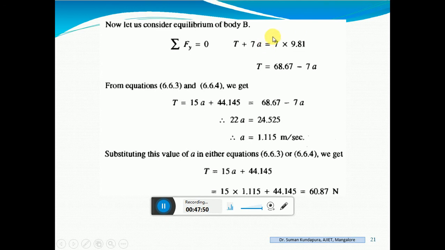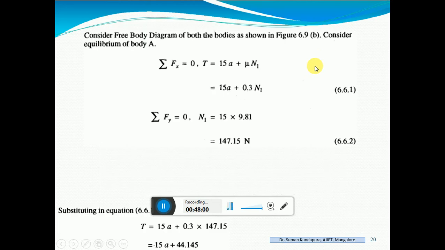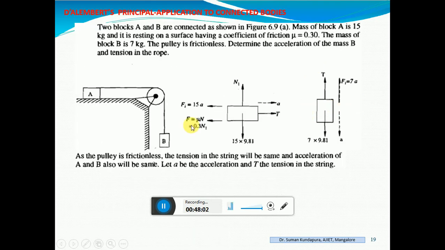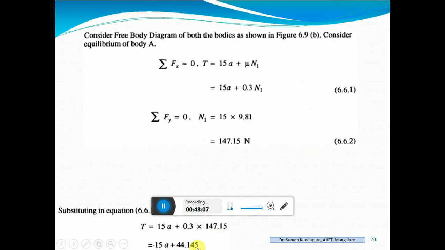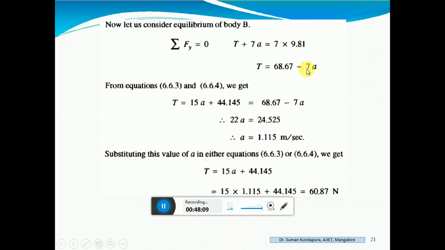Bringing that to the right-hand side, you get the equation for T. Along the x direction there is no force acting here. So I will equate the two T equations and find out the acceleration. After finding the acceleration, substituting in any one of the equations, you can get the value of